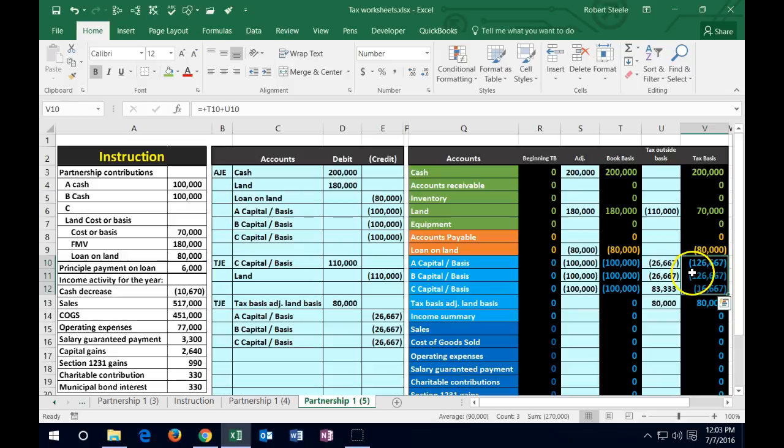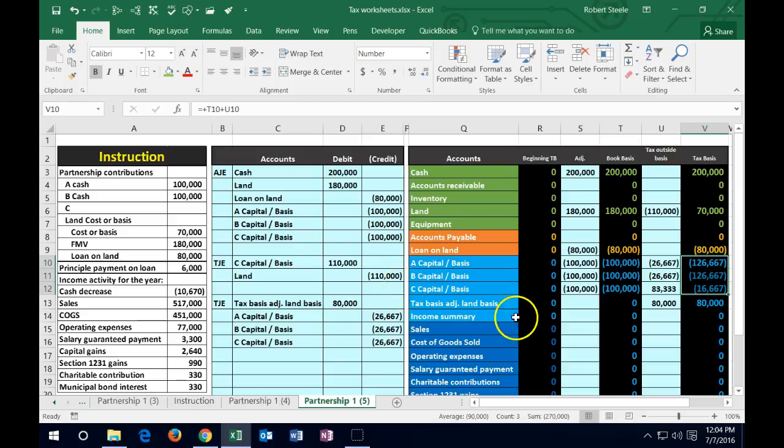All right, next thing that's going to happen is principal payment on the loan. So then, just theoretically we might ask, well, what's going to happen if we pay off the loan of the 6,000? And we're not going to talk about interest. I know you're probably thinking, well, we have to record interest. We're only paying the principal off so that we can see what would happen. There's no effect on interest. Obviously, interest would just be debit interest expense and not a problem in terms of what's going to happen to